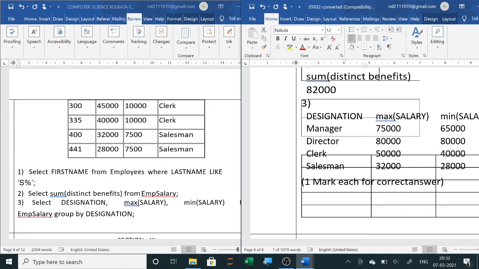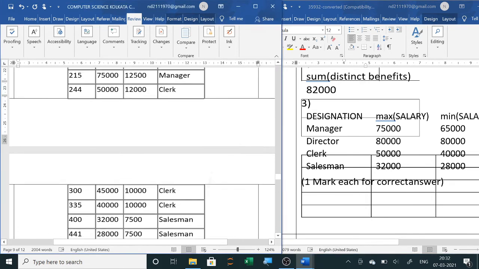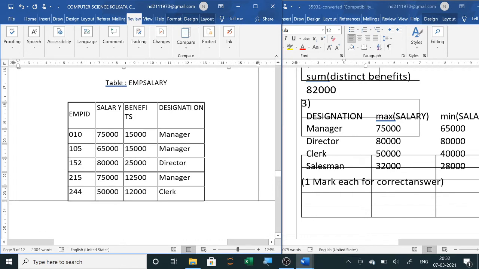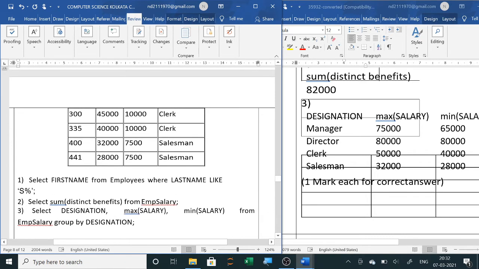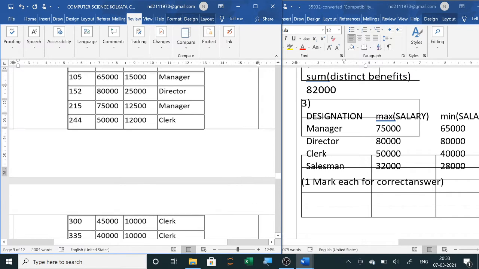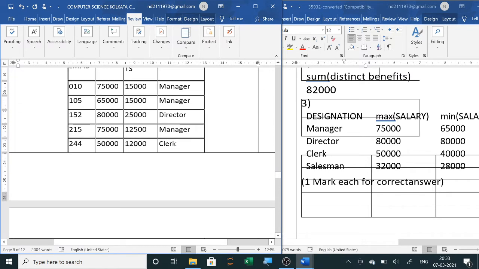Select designation, max sal, min sal, group by designation. So designation you group it, that is manager, director, clerk and salesman. So 4 categories are there. Now designation, first you will write all these 4 categories. Then the maximum salary of managers, all the managers you collect. Maximum salary is 75,000, minimum salary is 65,000.